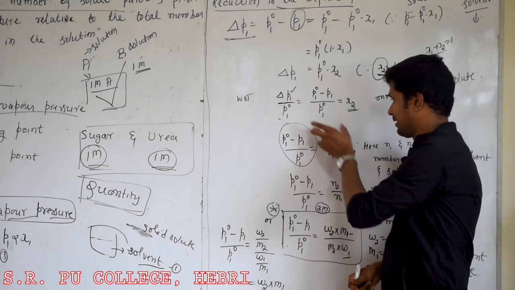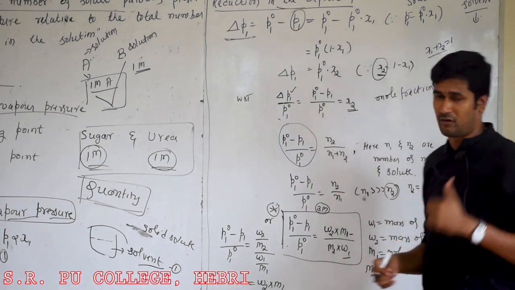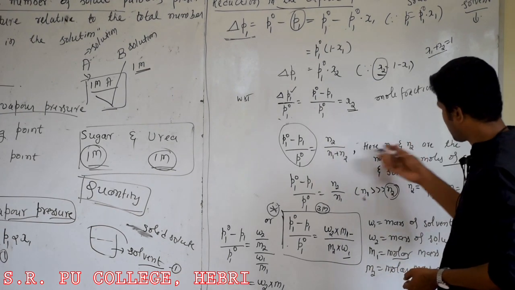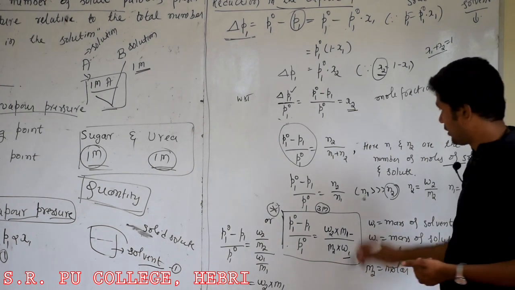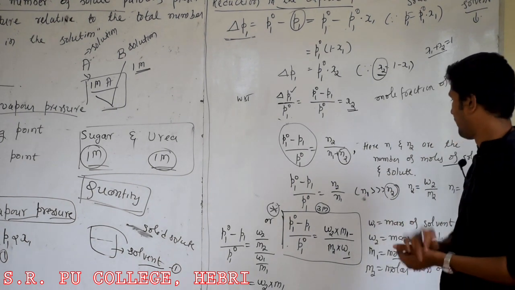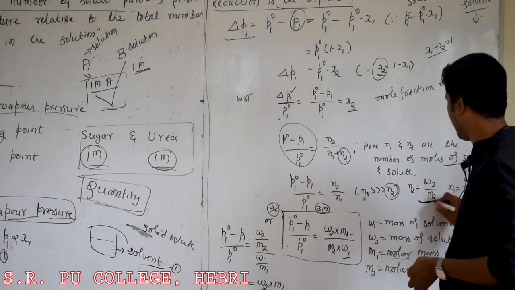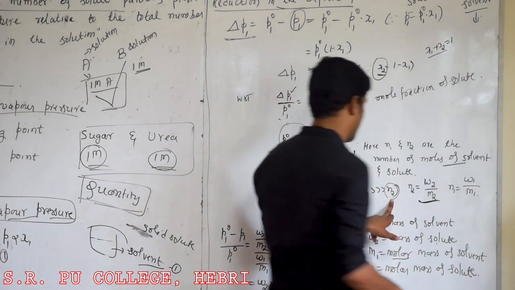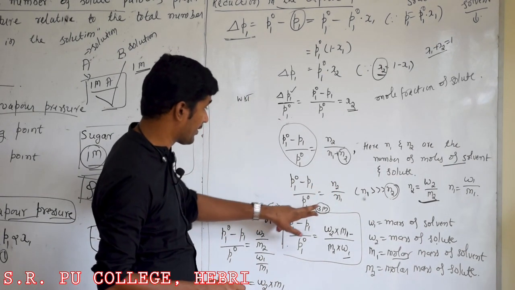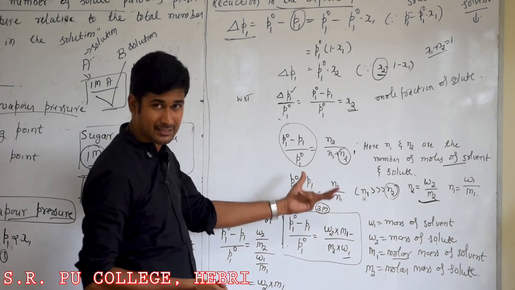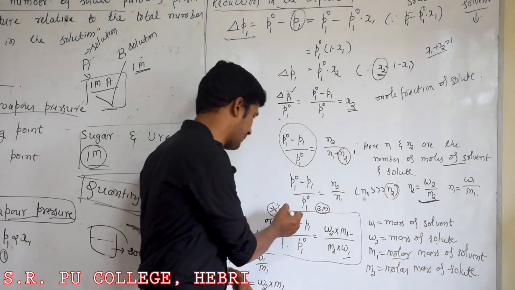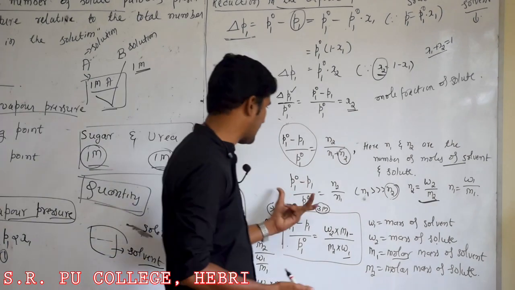Now, in the second step I have written this X2 in terms of number of moles. Here N2 means number of moles of solute and N1 means number of moles of solvent. In very dilute solution, the number of moles of solute is much less than the number of moles of solvent. It is very negligible. So we neglect this term N2 in the denominator. What you will get? (P1 naught minus P1) by P1 naught is equal to N2 by N1. The next step, we have written these N2 and N1 in terms of mass and molar mass. You remember this equation. Normally, this derivation will not be asked in your exam.